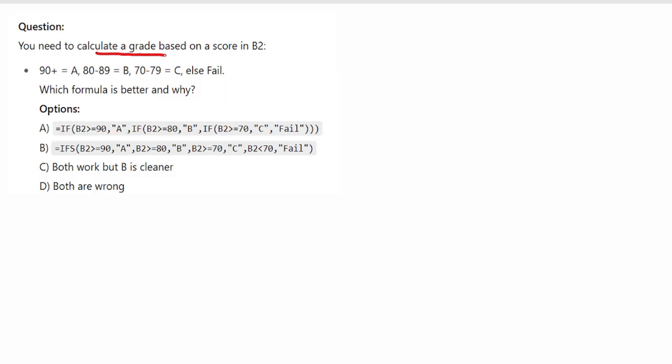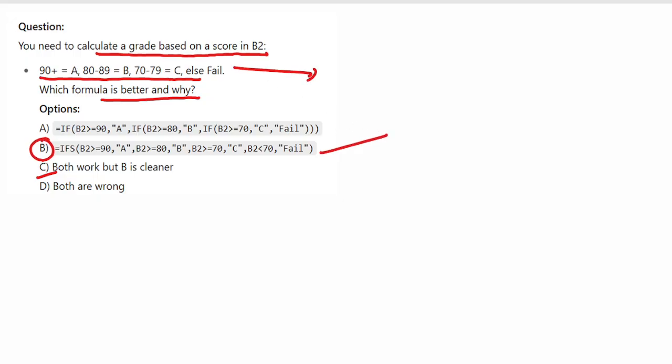You need to calculate a grade based on the score in B2. Here it's basically a grade if-else field. Which formula is better and why? So the correct option here is option number B. Both work, but B is cleaner. B is a better choice for this data, because the IFS function avoids a long nested IF statement, and it is easier to read.